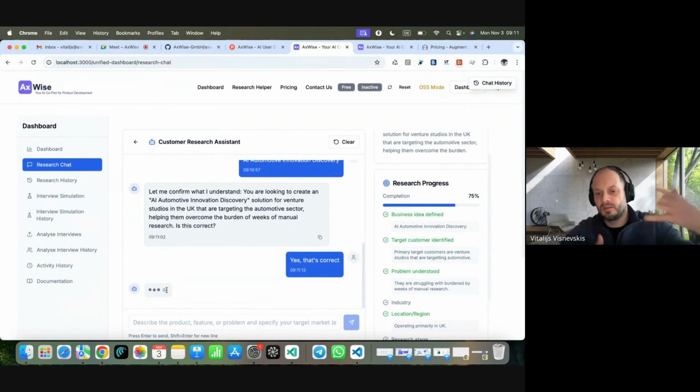So it creates a summary of what you want to research, and it will identify the stakeholders and create a questionnaire for them. Then we'll later be able to go with this questionnaire to our people and the stakeholders and ask them, or you will be able to simulate this.